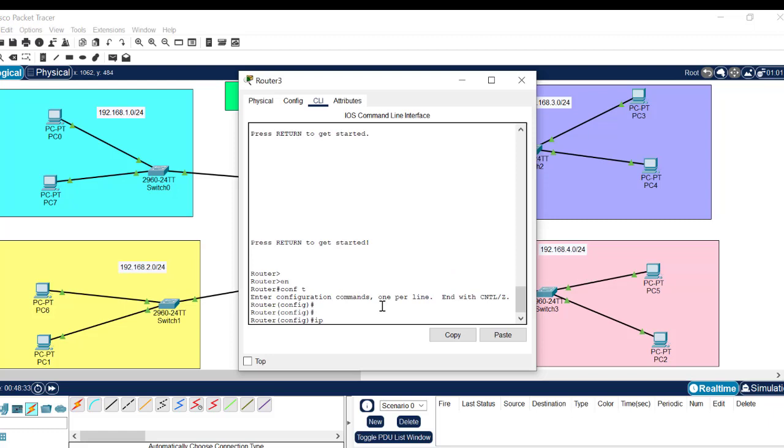So ip route, let's start with 1.0, 192.168.1.0,